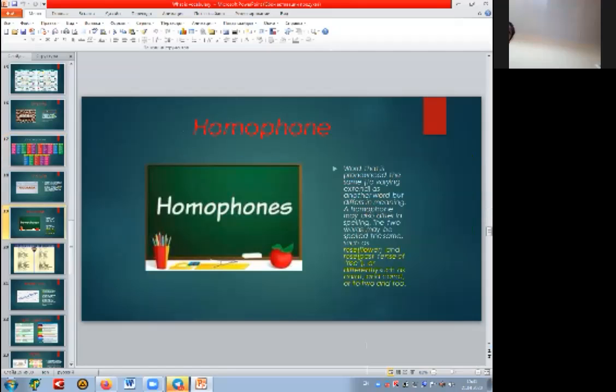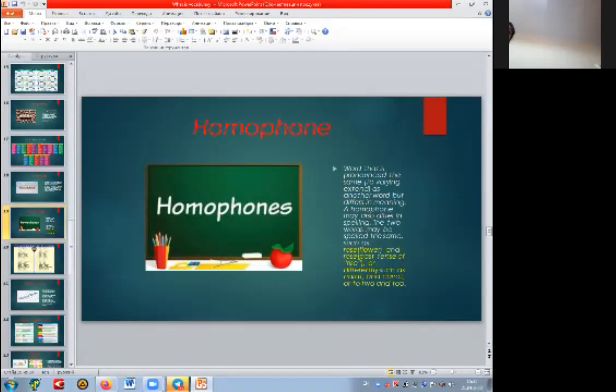And now we will speak about homophones. What does it mean? It's a word that's pronounced in the same way as another word, but differs in meaning. Also, a homophone may differ in spelling. The two words may be spelled the same, as in the example I have given here, rose. It's a type of flower, you know, and rose, the past simple of